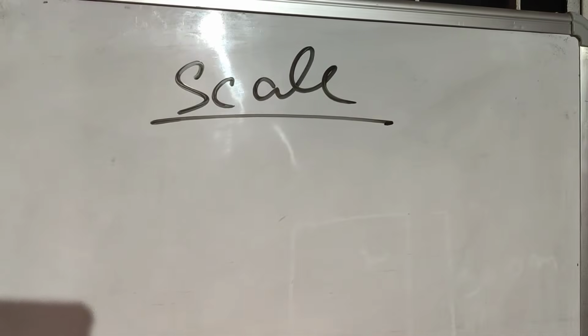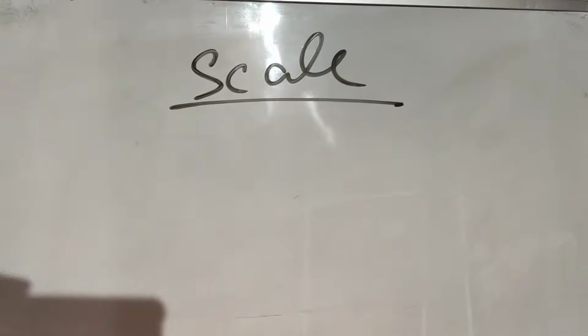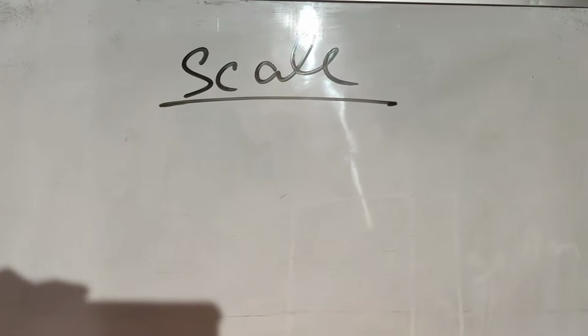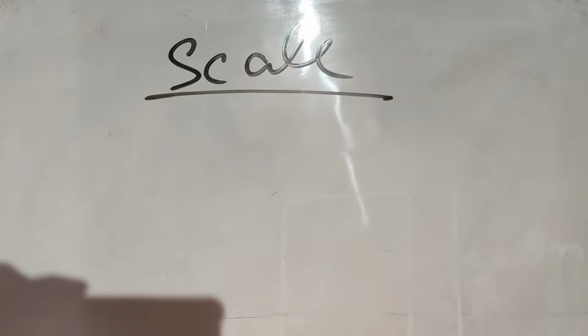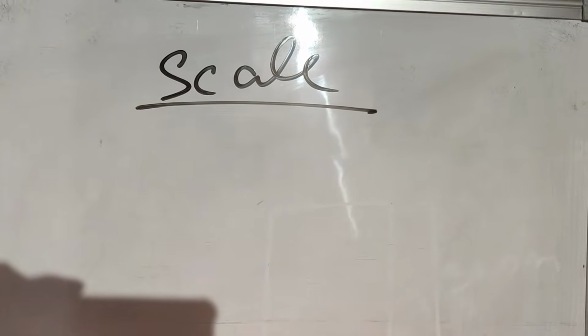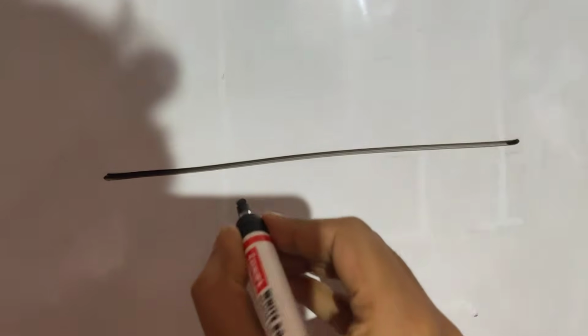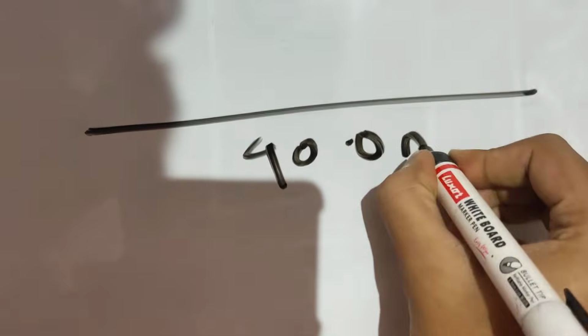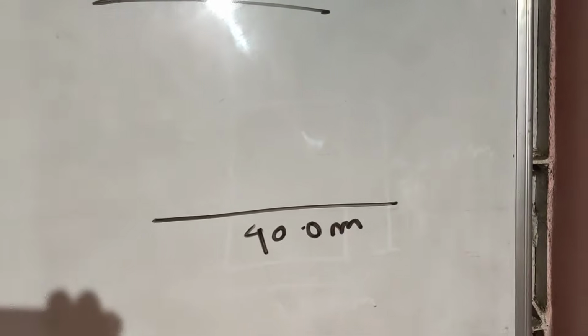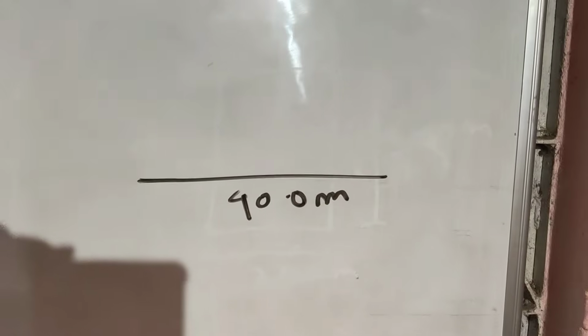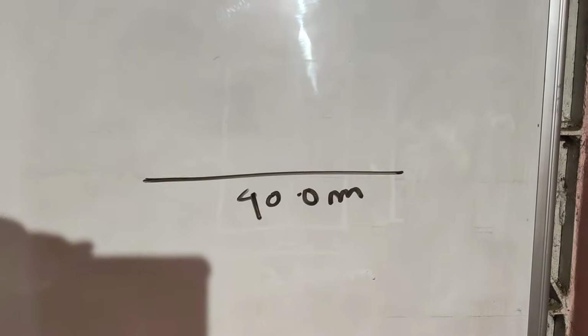So before starting civil engineering drawing, we will first learn about the term called scale. As you have already done engineering drawing, you must be familiar with this term. Scale is nothing but a ratio by which we can represent an actual real life figure in drawing. Because actual figures, suppose there is a line on the ground which is of length, suppose 40 meter. Now this 40 meter length line cannot be drawn on a drawing sheet. So what we need to do, we need to adopt a scale or a ratio by which we can represent